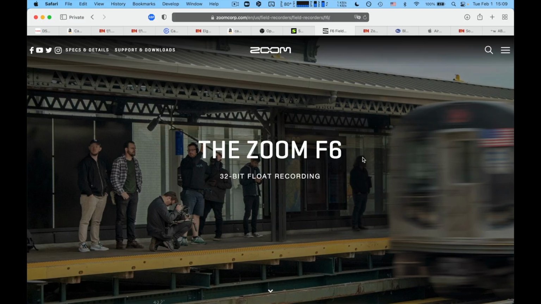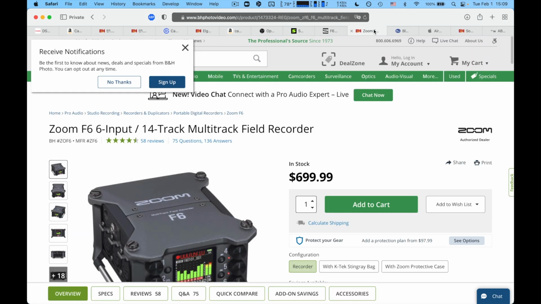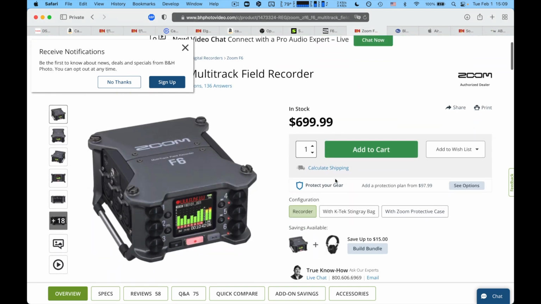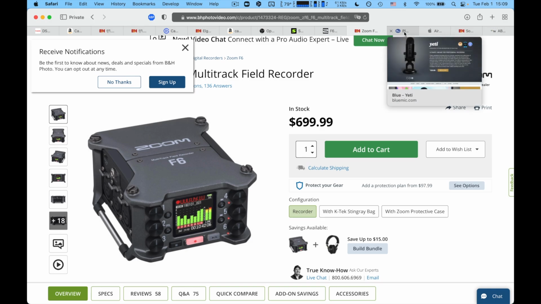So I got this right here. This is the Zoom F6. It's just an incredible recorder. It's a little bit pricey though. It's about $700. Ooch, that's a lot of money, isn't it? Yeah. So one alternative that you can go for here, and I had showed you before, like in front of me,